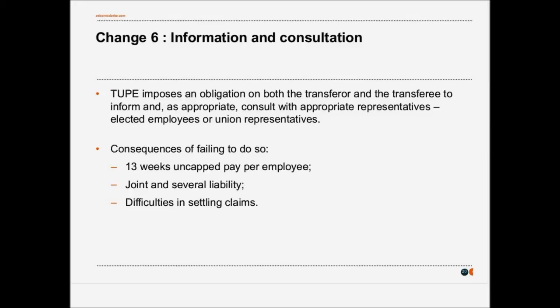And to give you some context, if you've also got a collective redundancy consultation going on and you get that wrong as well, you can find yourself facing a potential claim for 90 days pay for failing to inform and consult under TUPE, and 90 days pay for failing to inform and consult on collective redundancy, so a combined 180 days pay. And that is gross pay. And let's say you've got 100 employees, 180 days gross pay for 100 employees can sometimes get you into the millions of euros, dollars or pounds territory, and we certainly see these claims. So you've got to pay attention to these rules.